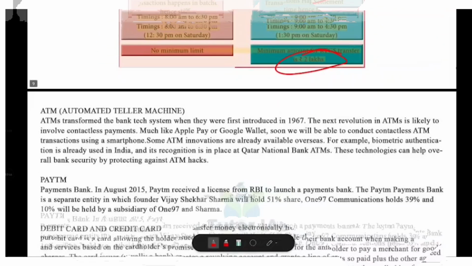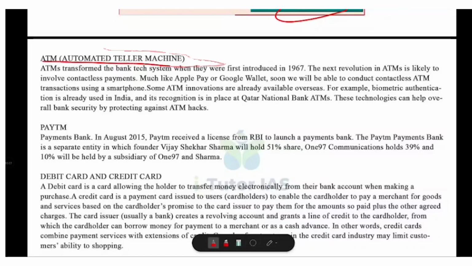Okay. Now ATM, that is automated teller machine. Do you know about ATM? Yes, an ATM is a self-service electronic machine that allows customers to do basic banking activities without visiting a bank counter. You can withdraw cash, check your account balance, transfer funds, change ATM PINs, deposit cash in some ATMs and so on. So an ATM is a computerized machine that enables customers to access their bank accounts for cash withdrawal and other